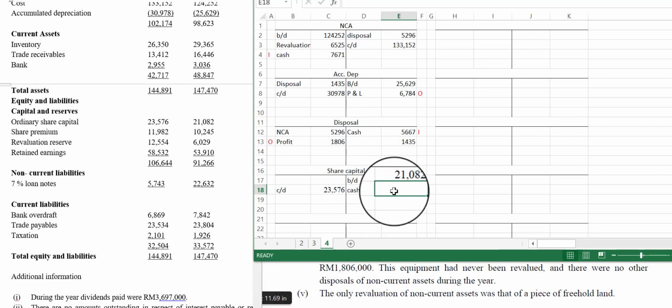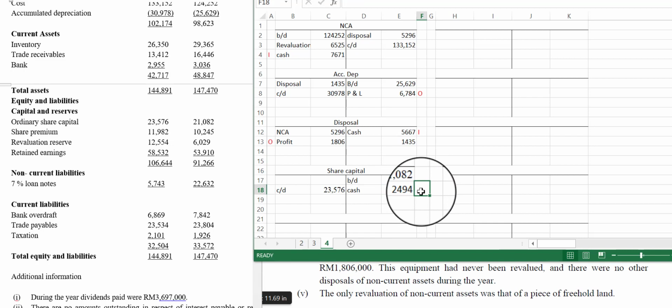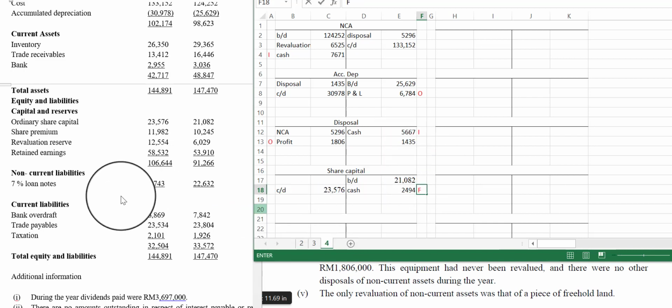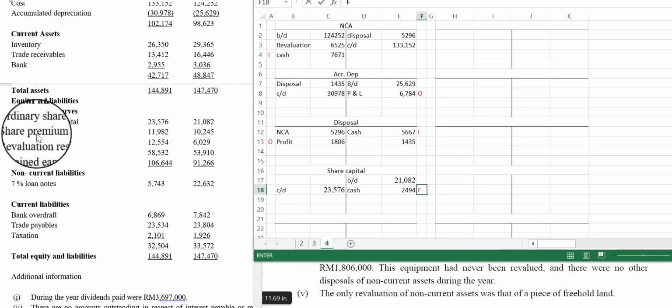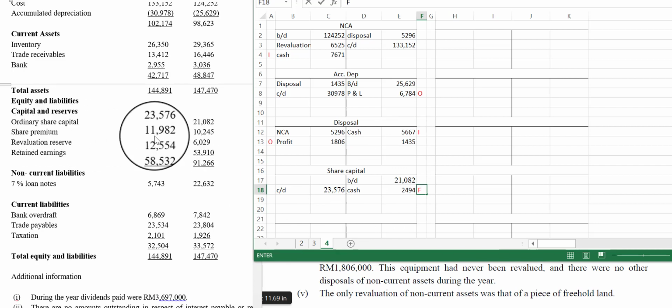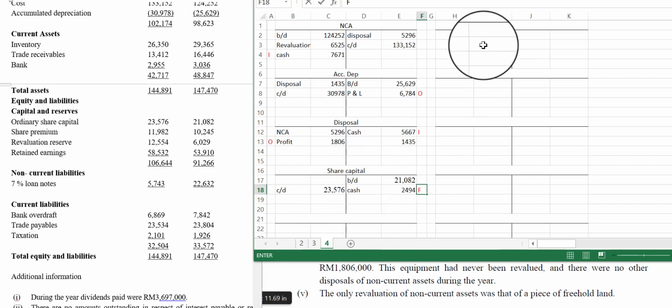So your share capital increased by, so this is the figure you're going to use later on in the financing. And same thing, not only share capital, you also have share premium. Also there's an increase. So your share premium,